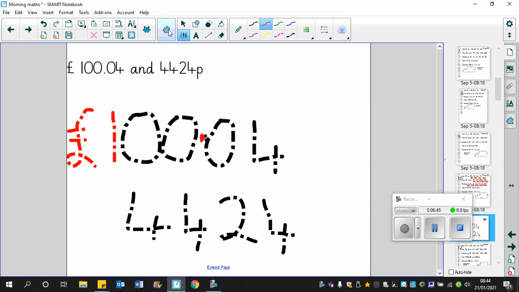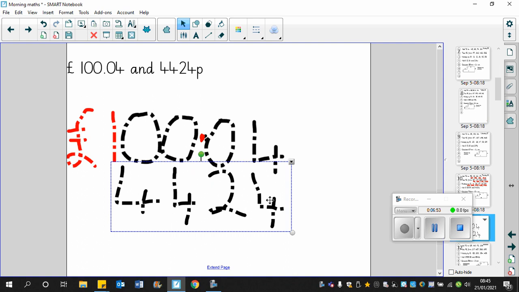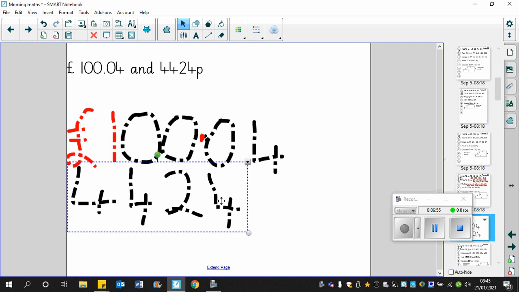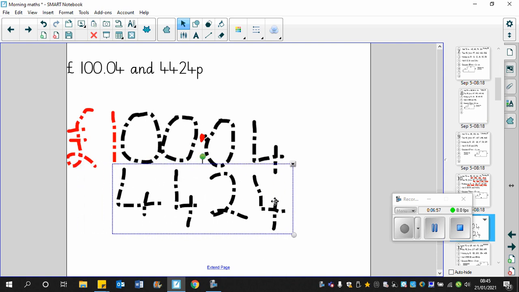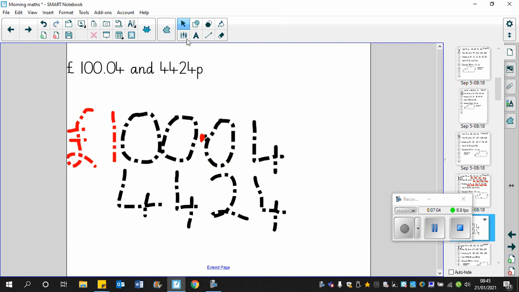Right. Okay, so that's taken me a bit longer than I wanted. So, 4,424 pence. Should I put the 4 under the 4 and the 0, the 2 under the 0, or should I put everything along a bit? Well, hopefully you've realized that this 4 just here, this one,